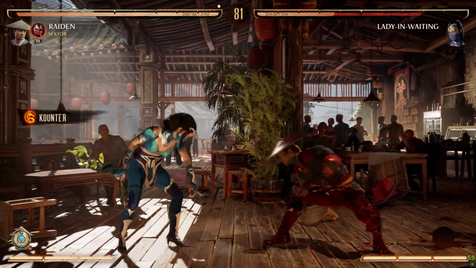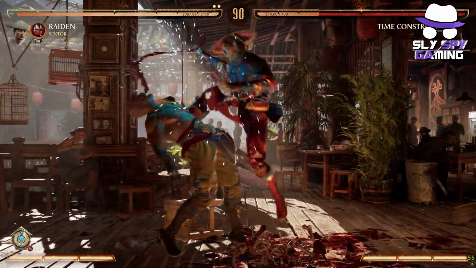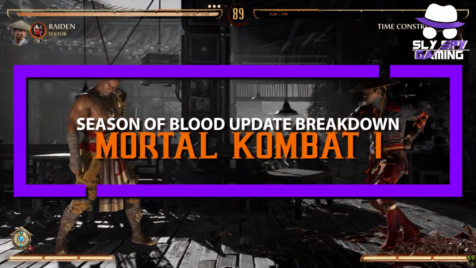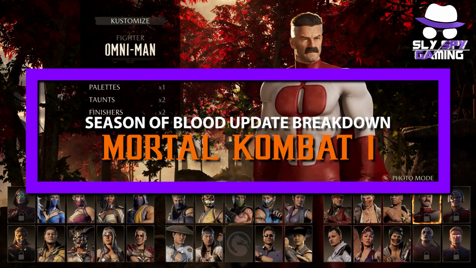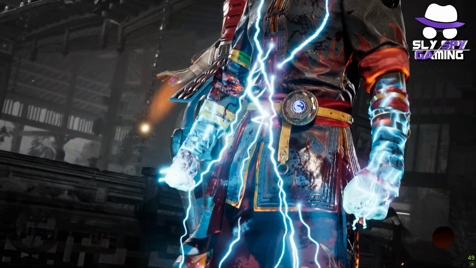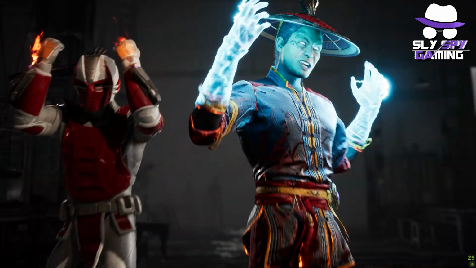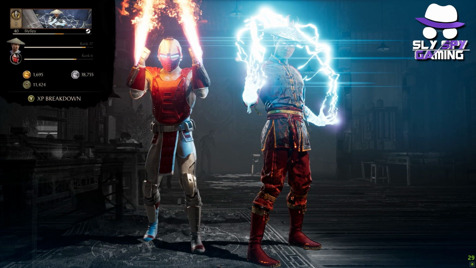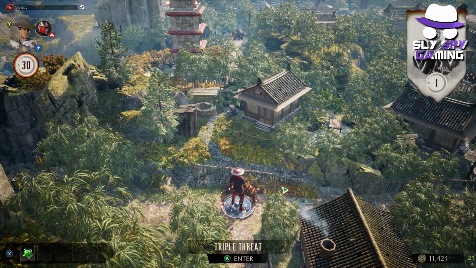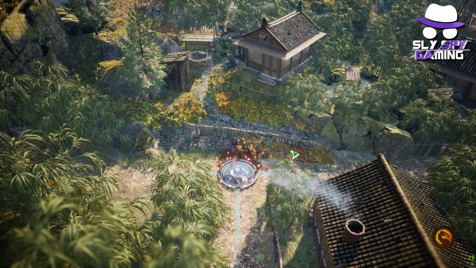Sly Spy Gaming here, and today we were hit with a very special Mortal Kombat update, which includes not only Omni-Man himself, but also the newest invasion season, which is the Season of Blood, and it features Nitara as the main villain. On top of that, this new update included a ton of bug fixes, as well as other additions